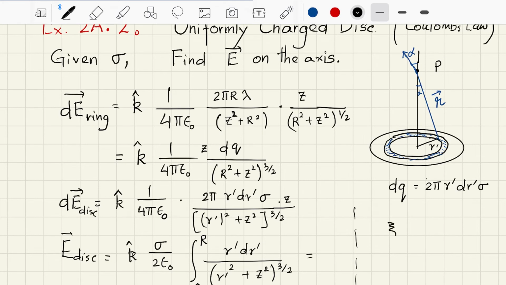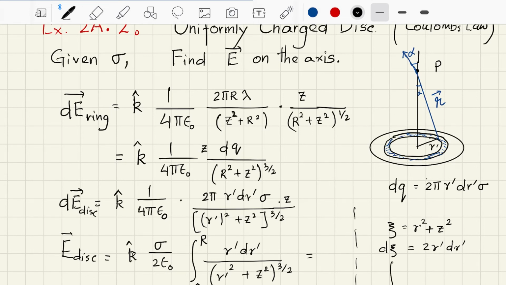We can take xi is equal to r prime square plus z square, giving rise to d xi is 2 r prime dr prime, and so the integral is really